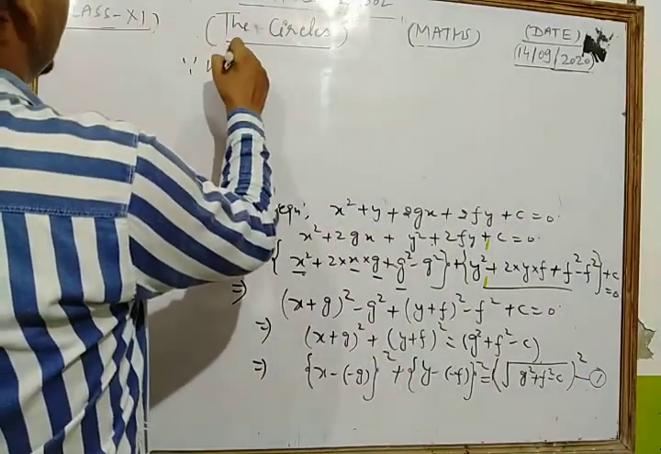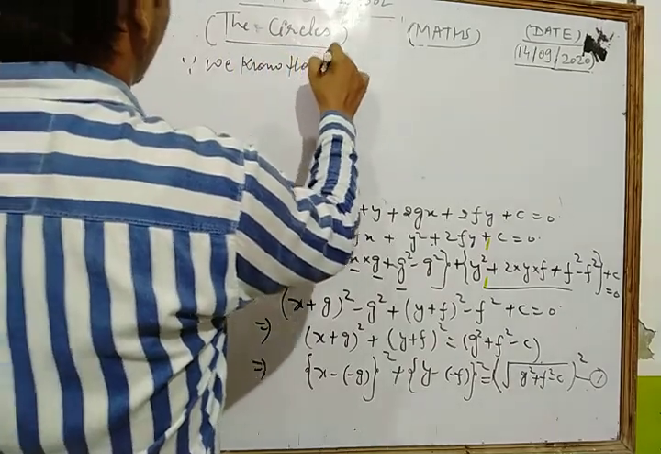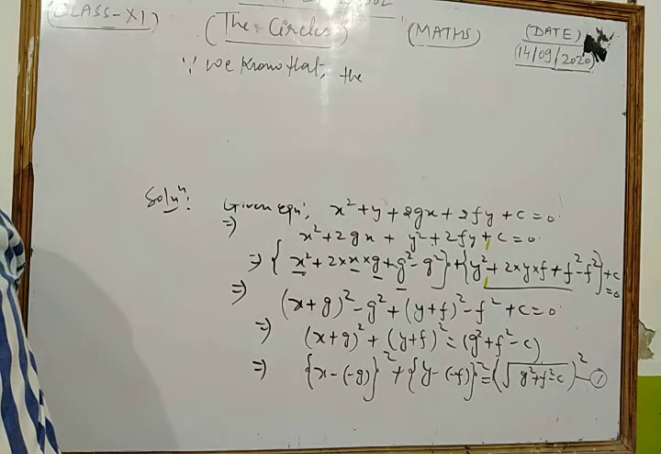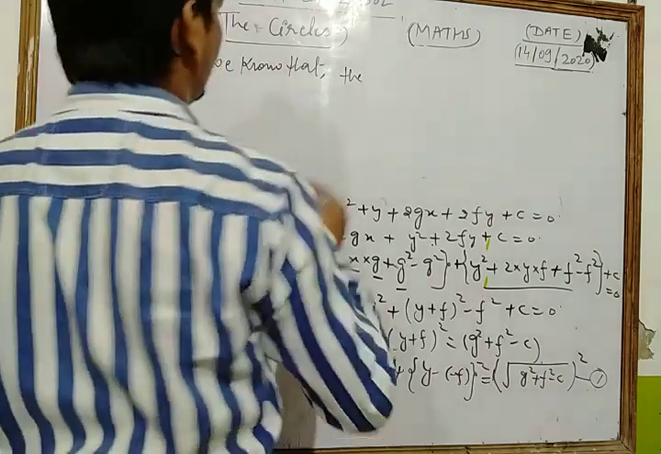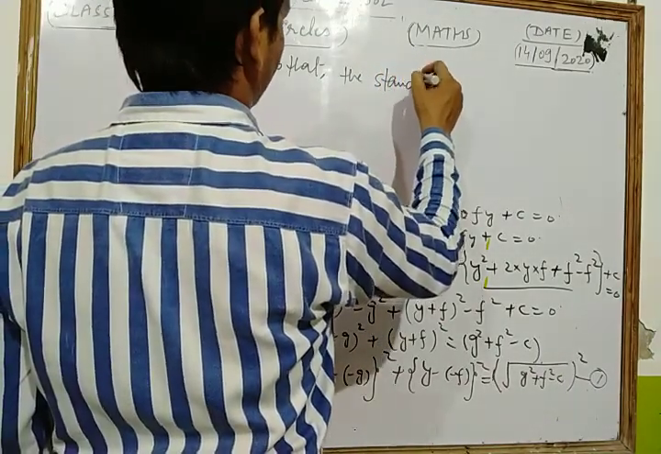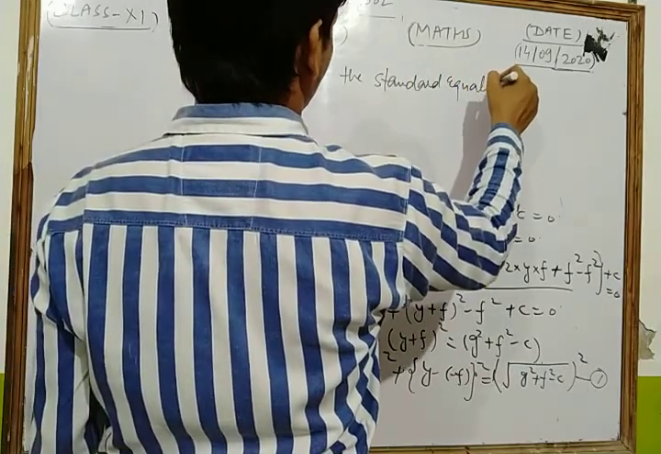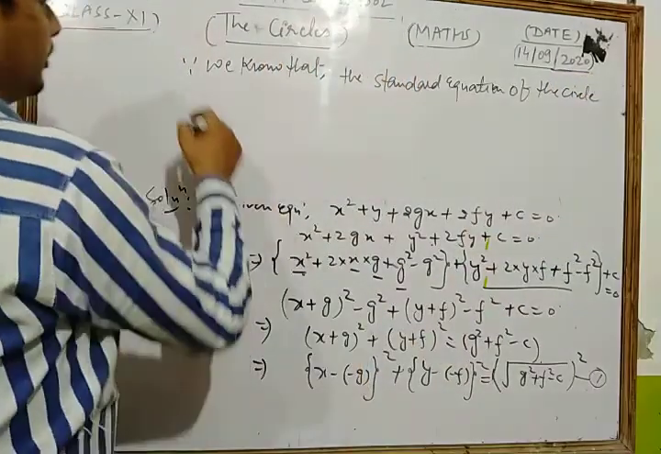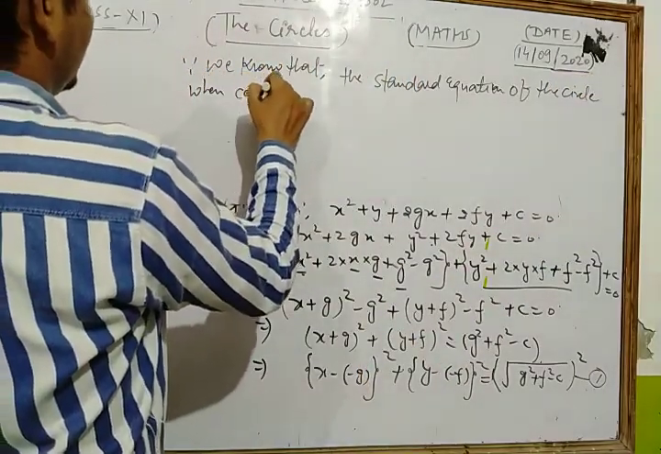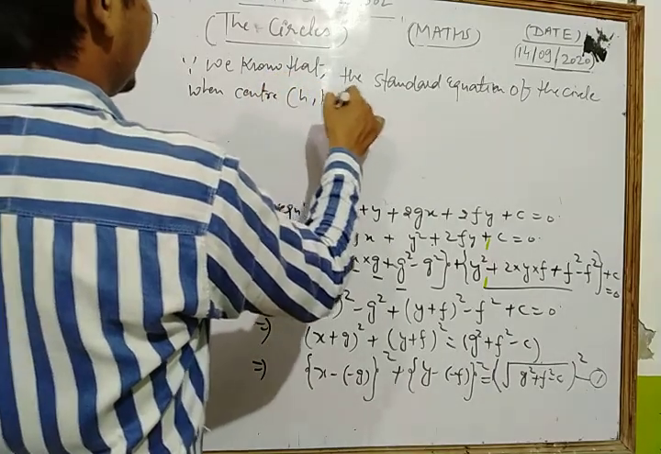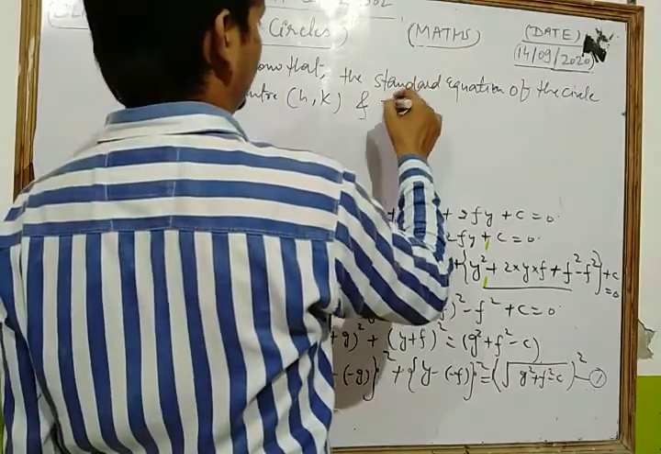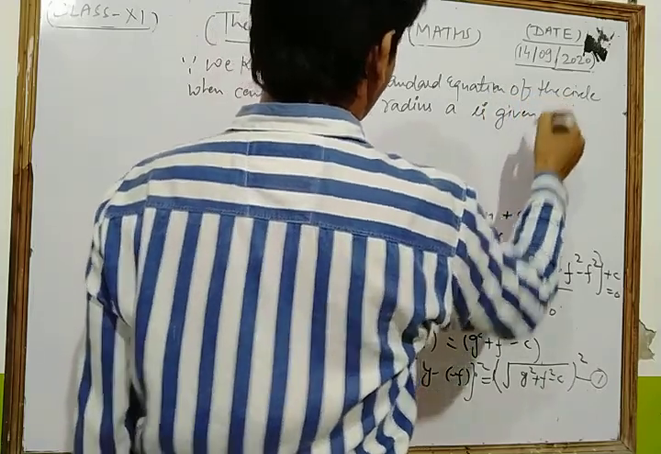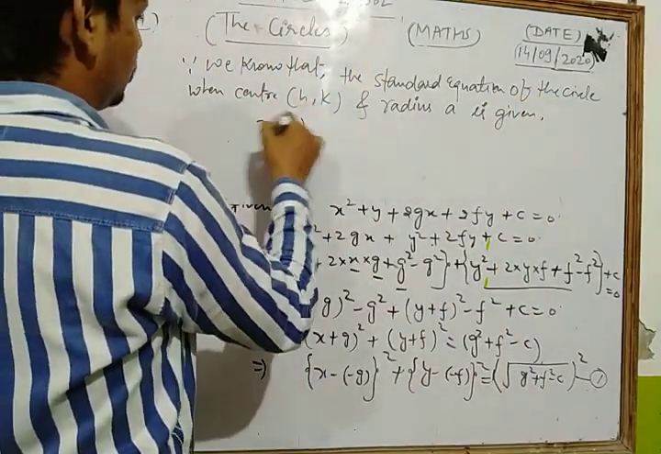Dear students, since we know the standard equation of the circle when center (h, k) and radius a is given. What is the standard equation? (x minus h) whole square,